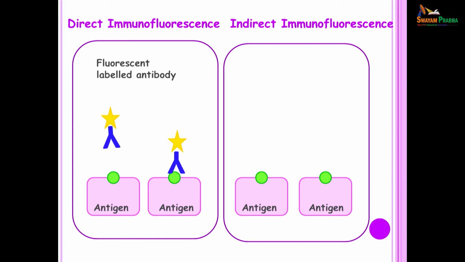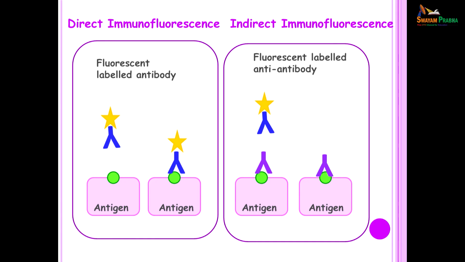All right. In the indirect immunofluorescence test, you add unlabeled antibody which is specific for that particular antigen. So, if the antigen is present, the unlabeled antibody is going to stick on, and then you add anti-antibody which is fluorescent labeled. So, if the antibody had stuck on to the antigen, this will stick on and you will observe it as fluorescence. All right. Again, why do we do this? As we increase the layers, we improve the